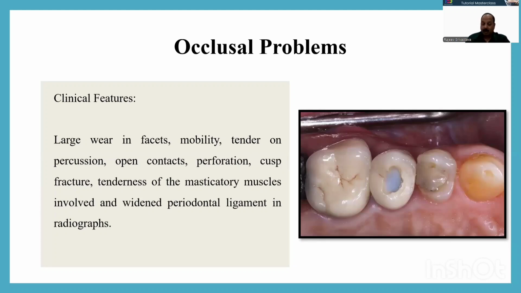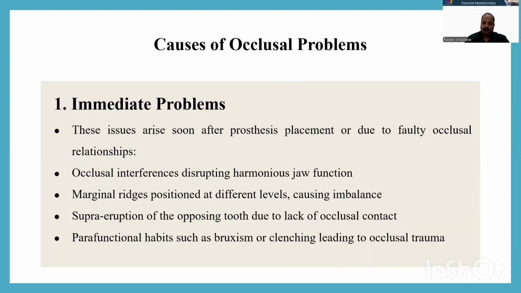So what are the causes of these problems? These issues arise immediately, soon after the prosthesis is placed, and it is because of improper occlusion. That means if you have left any high points, in the centric relation as well as in the eccentric relation, there are chances that there will be chipping of your ceramic. Then occlusal interferences during harmonious jaw movement, marginal ridge position at different levels causing imbalance,